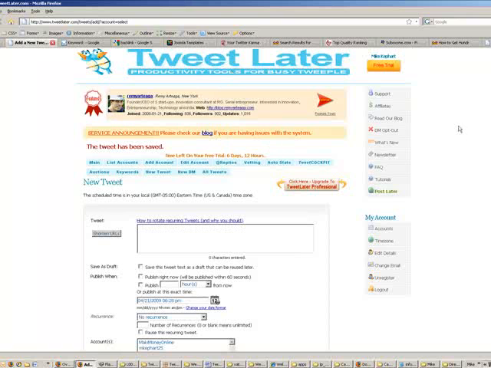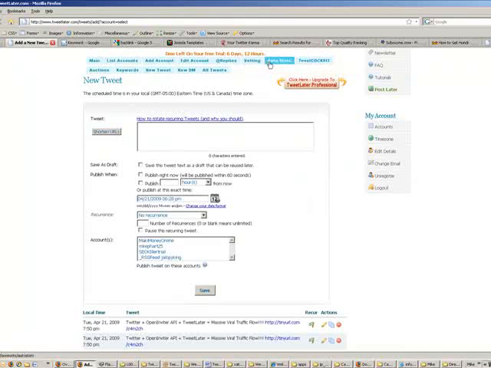Basically, go set up an account at TweetLater, and there's something called, let's see here, add account. You're going to want to go ahead and add all of your accounts that you have previously set up on the Twitter website. I'm not going to go through that with you. It's very, very self-explanatory. You go ahead and do that, and then you go to new tweet, which is right here. As you can see, click on new tweet, and down here we're going to go to